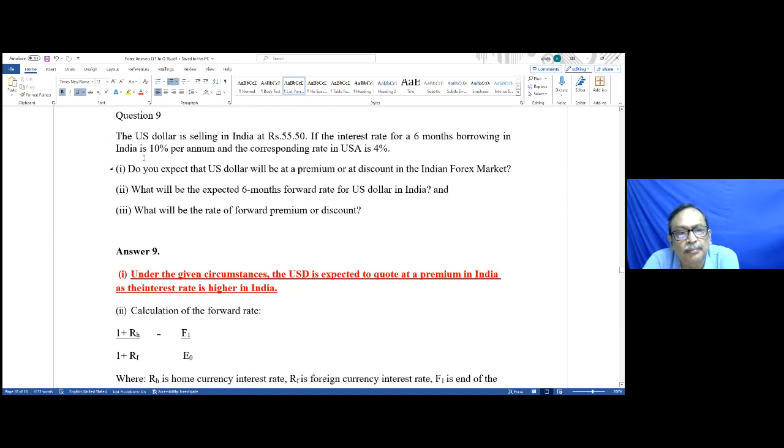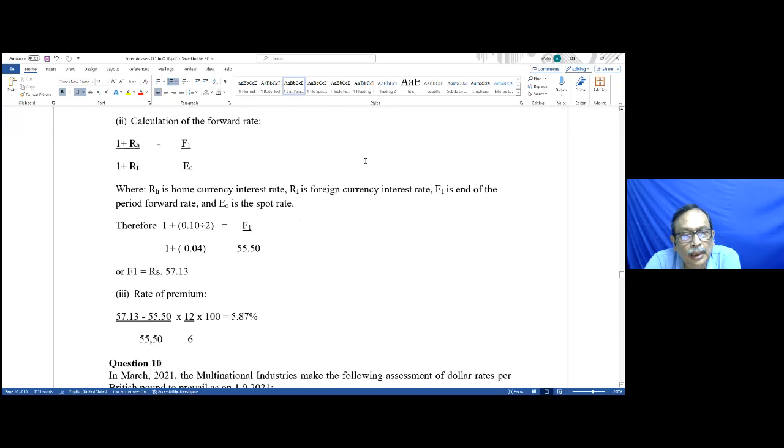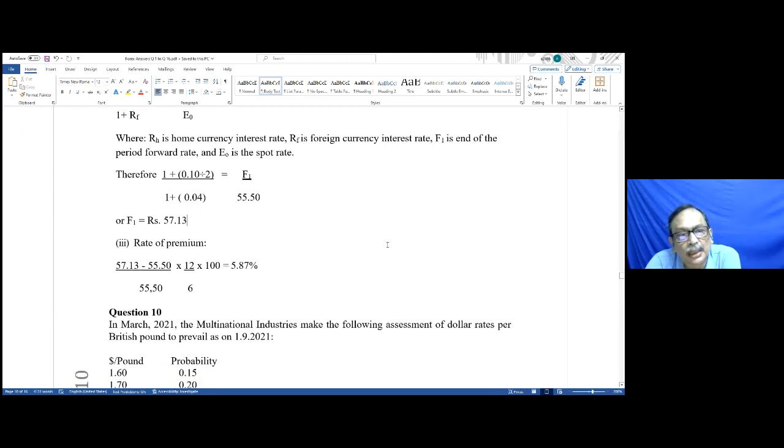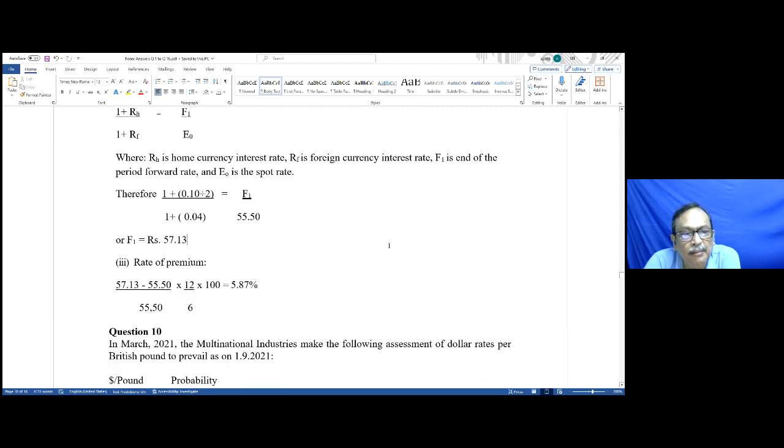Here it is given 10% per annum, but the corresponding rate in USA is given as 4%. So F_1 we get rupees 57.13. Then the rate of premium will be